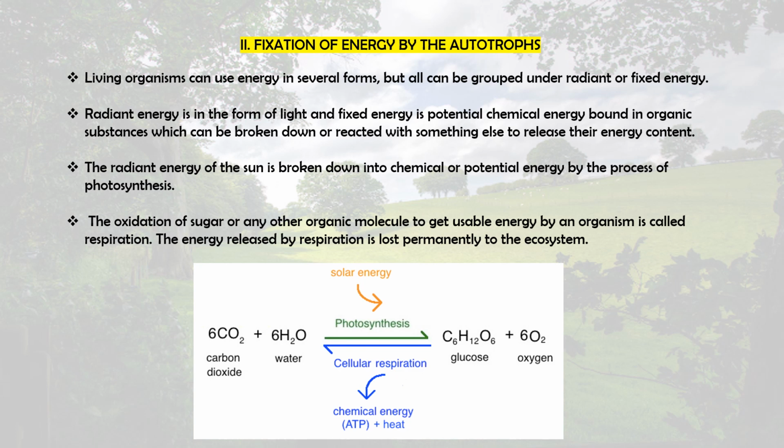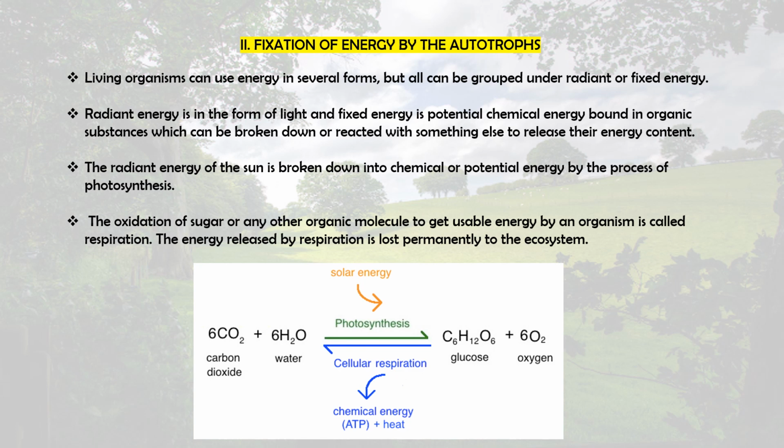And then when the autotrophs have provided us with the energy, glucose is an energy rich compound which provides fuel for all the metabolic processes of cells. It is then broken down into water and carbon dioxide through cellular respiration, and it gives out chemical energy in the form of ATP and also heat. So this is the cycle where the energy is fixed, and